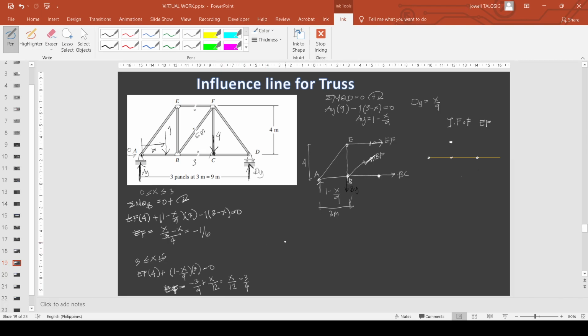So, next is when x is nandun na sa kabila. So, I think the same pa rin ang ating magiging answer dito. Kasi nga, mawala na yung by dito. So, mawala na sa third equation natin, third situation natin. 6 to 9 na yung x natin. So, wala na ito. Sinasa kabila na yan. So, ang mangyayari,